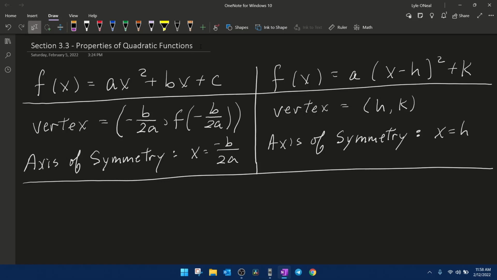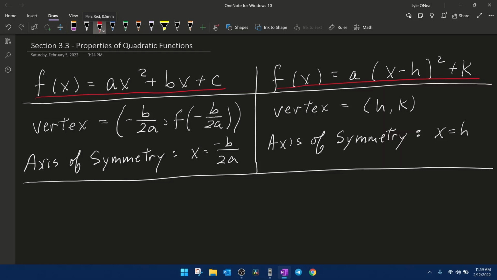for a quadratic function. The first function I have written here is called standard form. The standard form of a quadratic function is f(x) = ax² + bx + c. The other form I have written on this side is vertex form. The vertex form of a quadratic function is f(x) = a(x - h)²